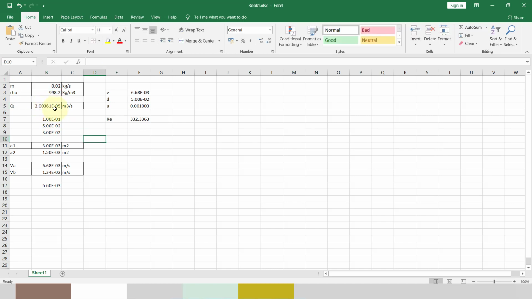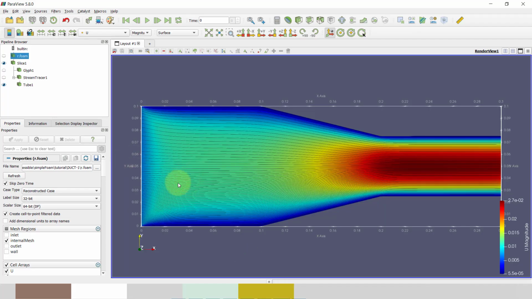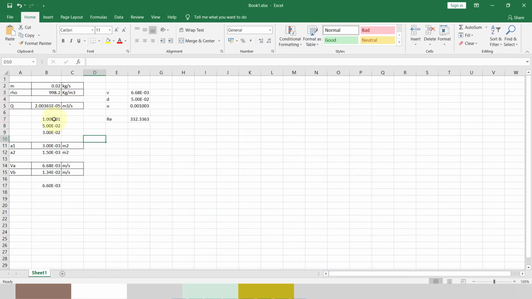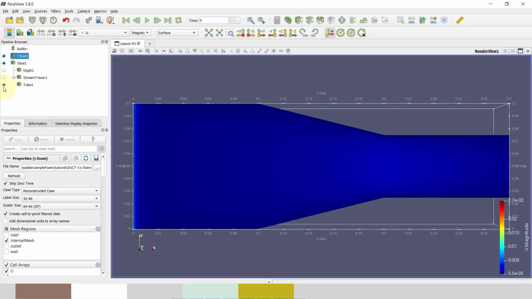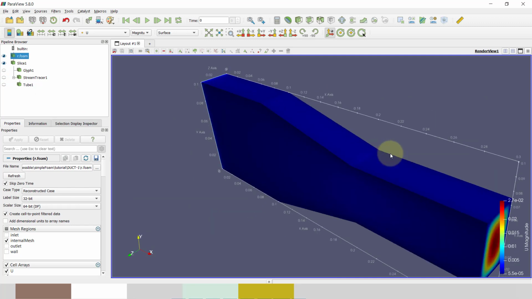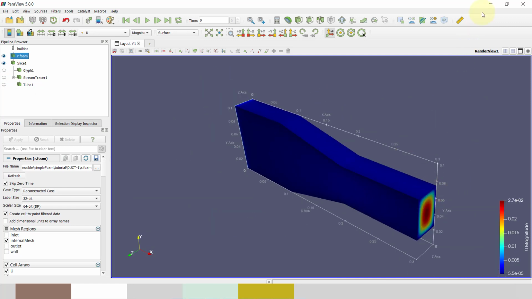So our velocity is this, and this is 100 mm, and this is 50 mm, and this is along the lengthwise, meaning this one, this 30 mm.